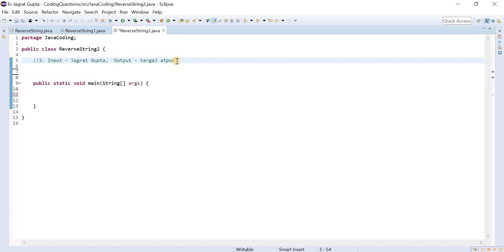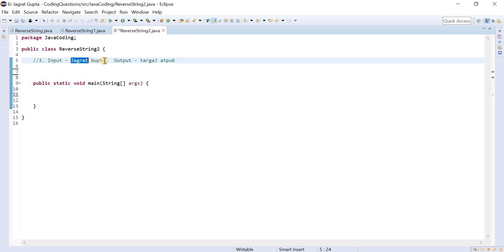So now let's talk about the approach. As you all know, the first step would be we need to separate all these words. We have already told you the concept of split method, so this would be the first step. Now the second step would be we will traverse the string from the first place and we will pick one word and we will just reverse it. So there will be two steps for this coding problem.